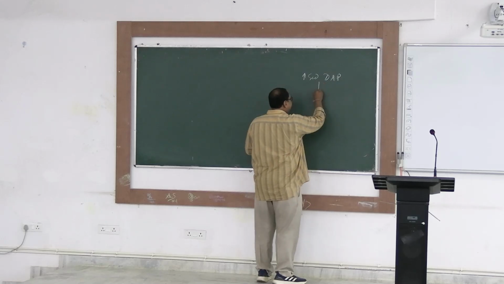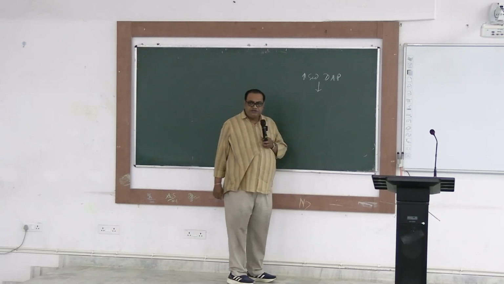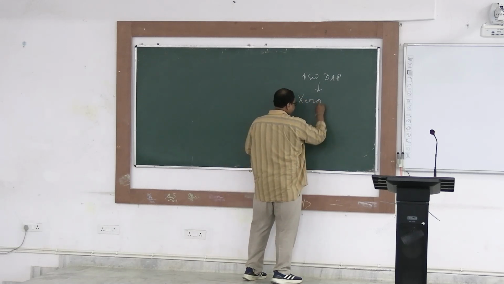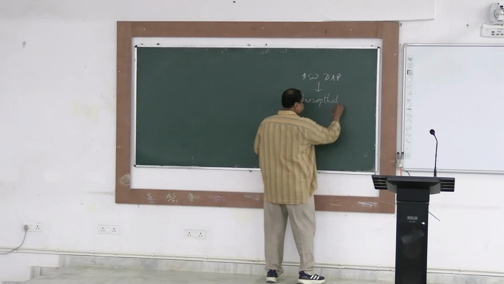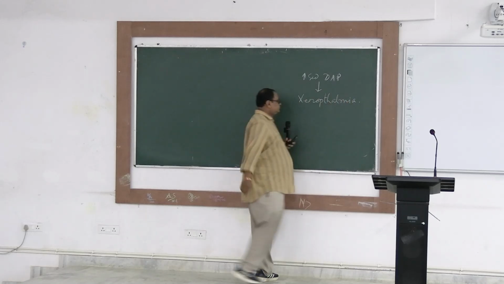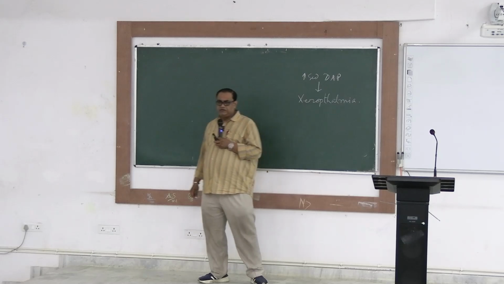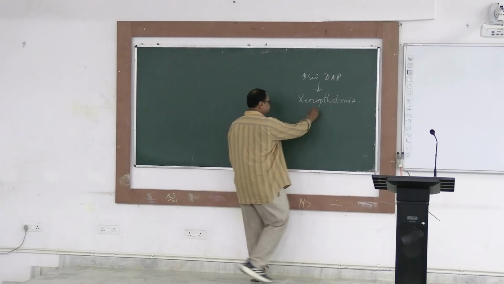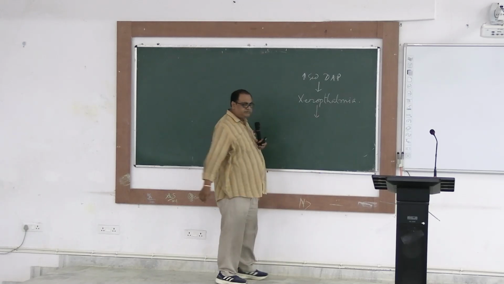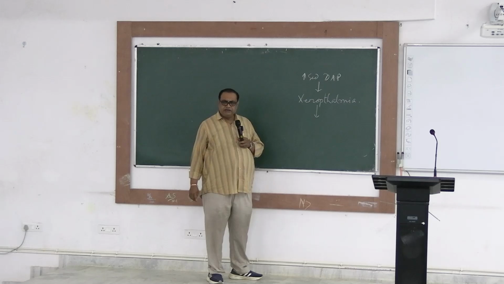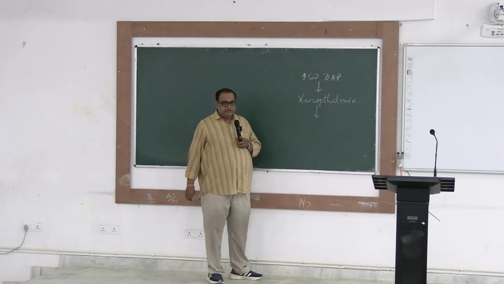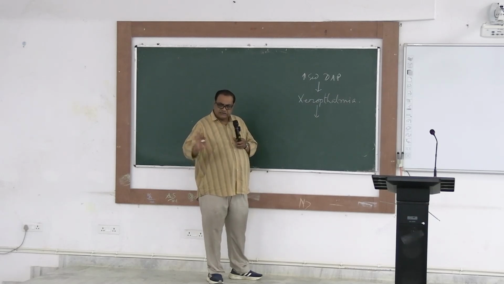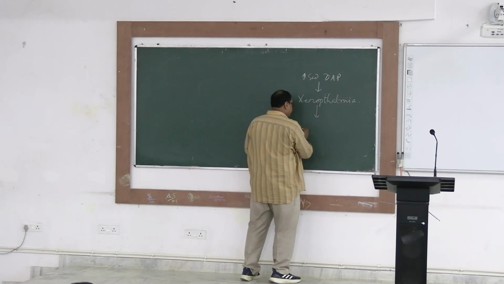Then, if it is untreated, then what will happen? Xerophthalmia, dryness of the cornea. When dryness persists and the patient is still not taking proper vitamin A supplementation, remember, xerophthalmia may occur in many cases, but most probably in this case, vitamin A deficiency is concerned. So, vitamin A supplement is not given, then